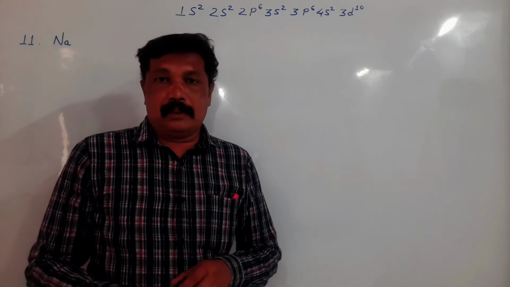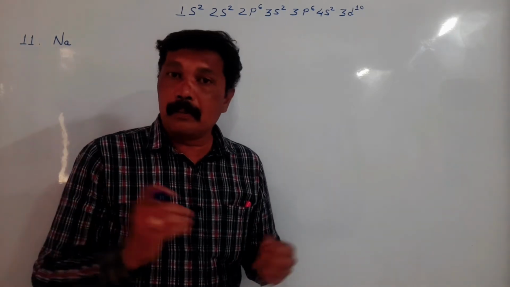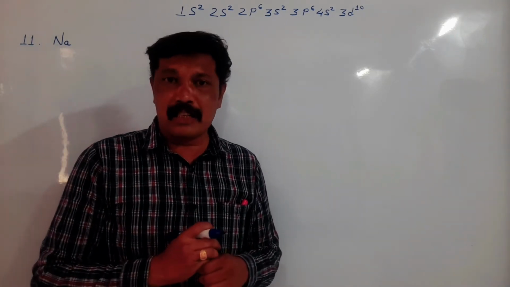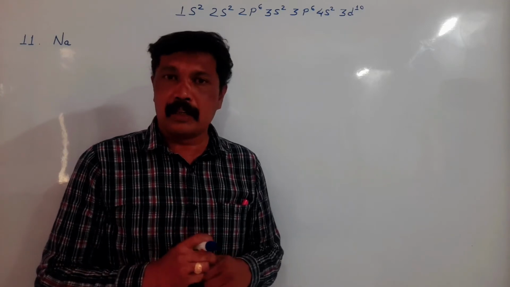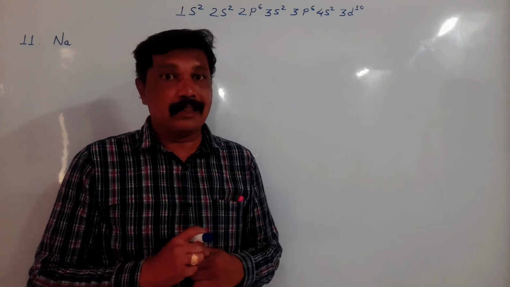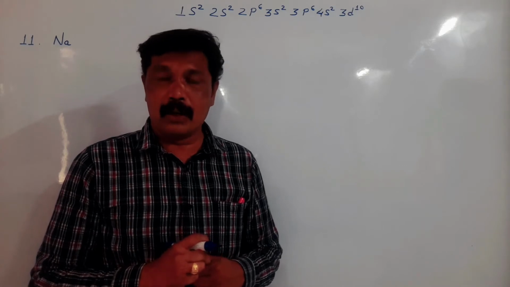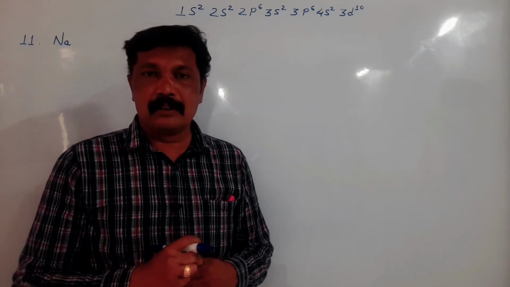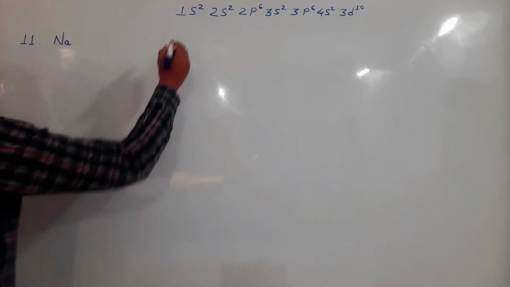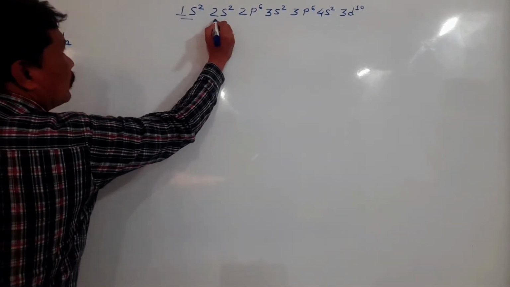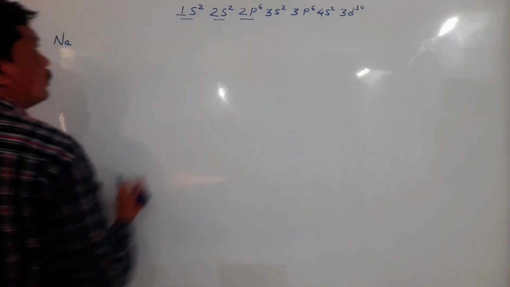My dear student, in the previous video we have studied electronic configuration up to neon. The atomic number of neon is 10. So our series we will start from